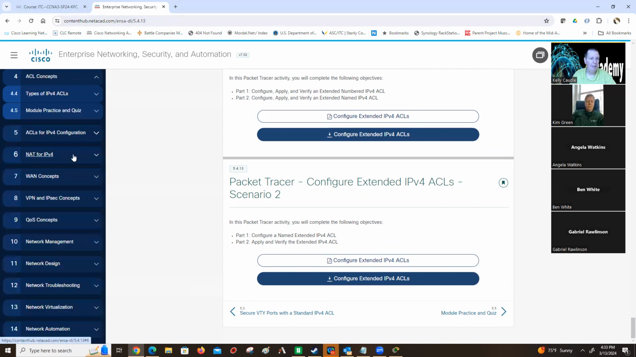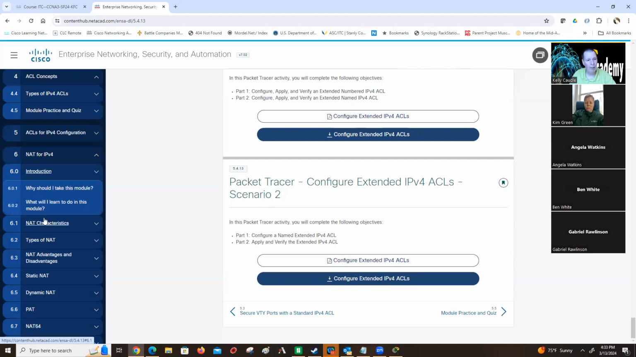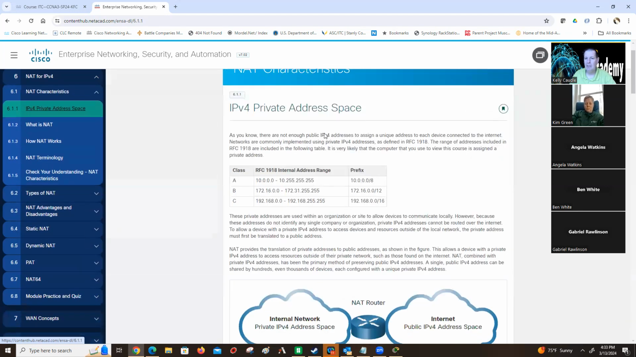Let's jump over to NAT then. Let's talk a little bit about NAT and what NAT has going for it. Network address translation is taking our RFC 1918 address space. And by the way, RFC 1918 is the private address space that was defined by the IETF. And it is 10.0.0.0/8,